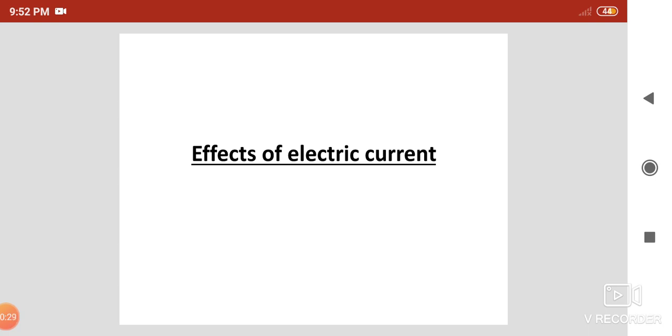So, electrical power is nothing but the rate at which work is done, or you can say the work done per unit time. So, we have learned that definition, and also we have seen the SI unit of electrical power, that is the watt.